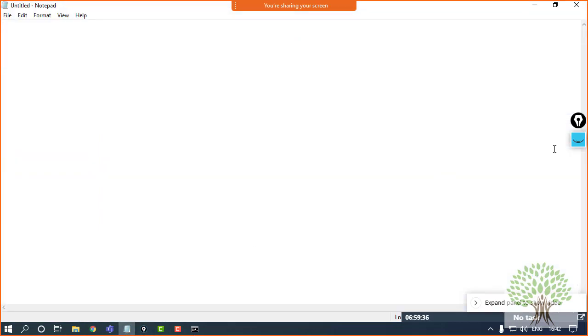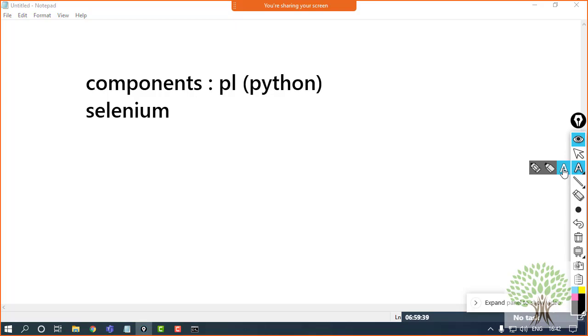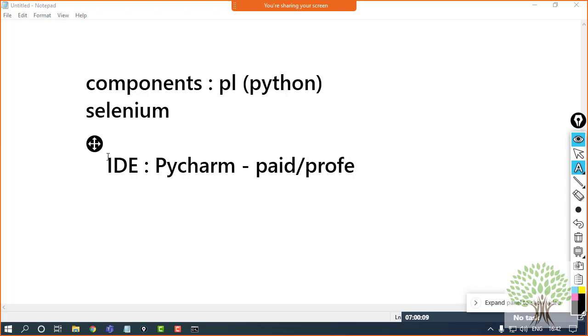Fine. So we will be choosing an IDE to write the code. Now which IDE? IDE is basically an integrated development environment where we can keep our code safe and a separate workspace is created. The famous IDE to work with Python is PyCharm. PyCharm is very famous and it also comes in two variants. One is the paid or professional one, and one is a free version, that is the community version.